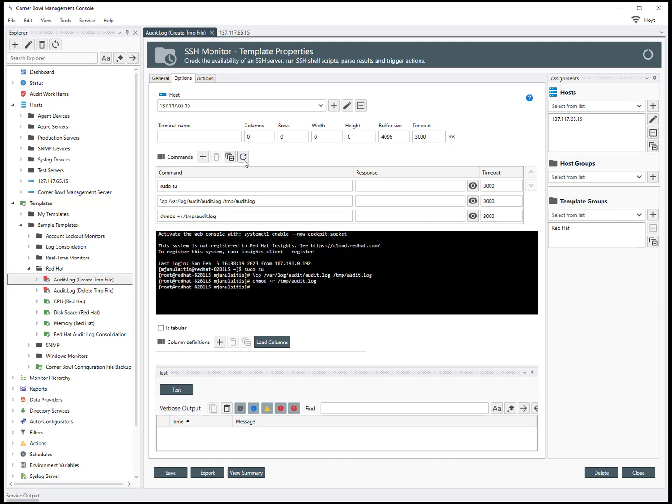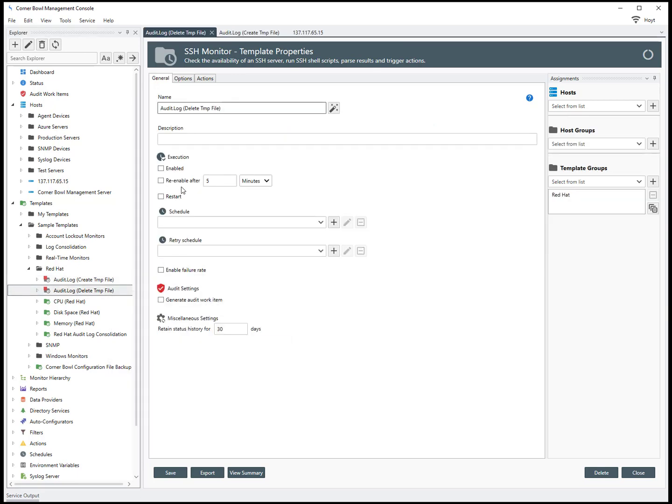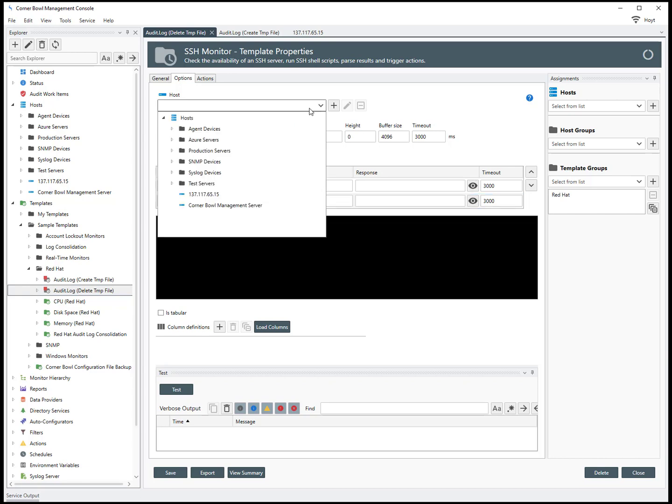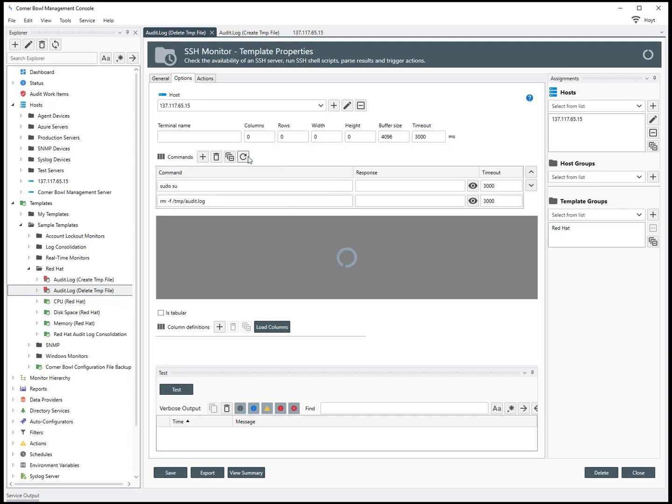if we open the audit.log delete temp file template, we can see the SSH commands required to delete the audit.log file once complete. They are: To test the template, select the target host, then click the Execute button. The results are displayed in the shell viewer. For example,